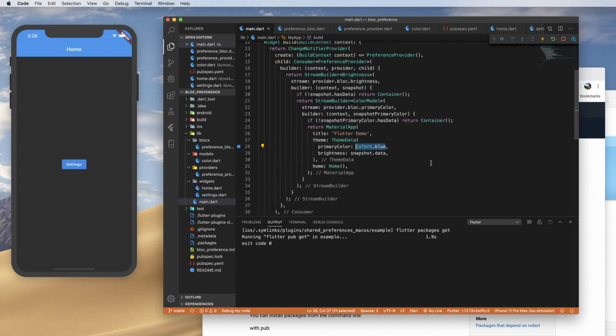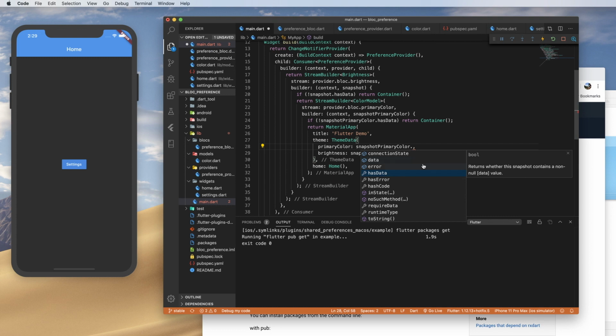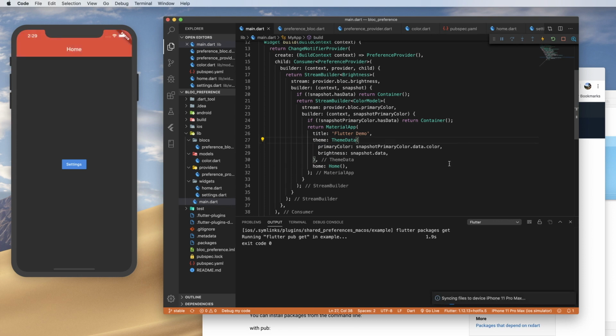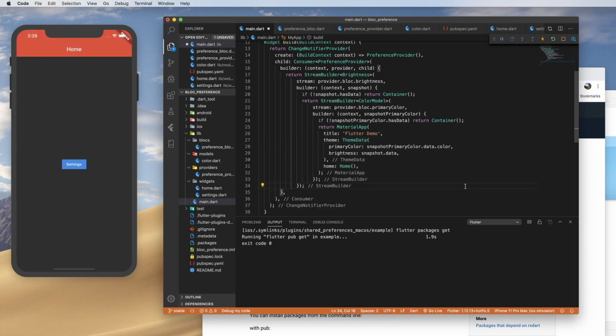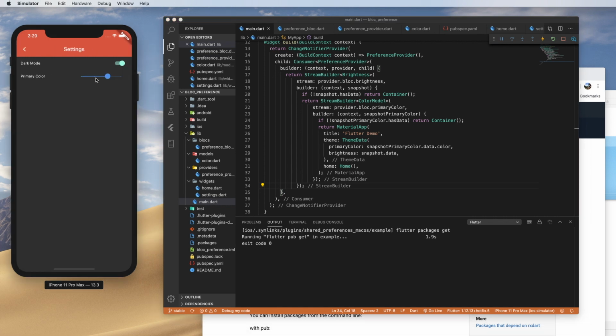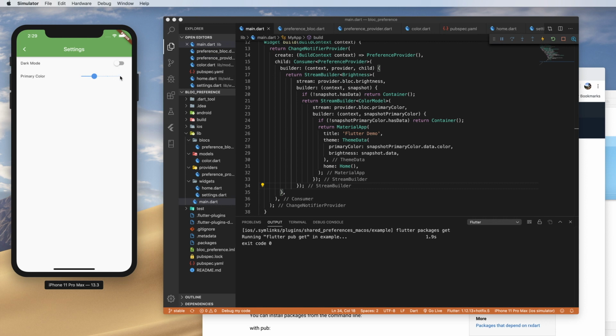So we have colors.blue hard-coded. So let's do snapshot primary color, and this is a color model object. So for us here, we actually want the data.color property, because we want to be able to feed it a color class. I'm going to format that code. Save it again, and we can see things have already changed to red because that's what we had when we left our settings page. So now we come into our settings page, we can slide this around, we instantly see changes,